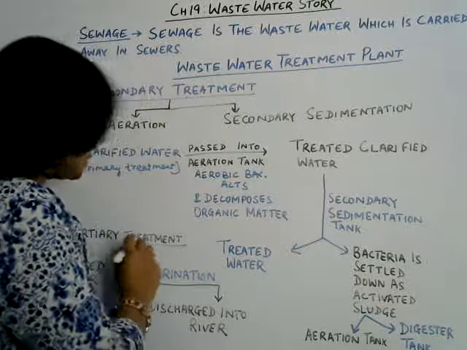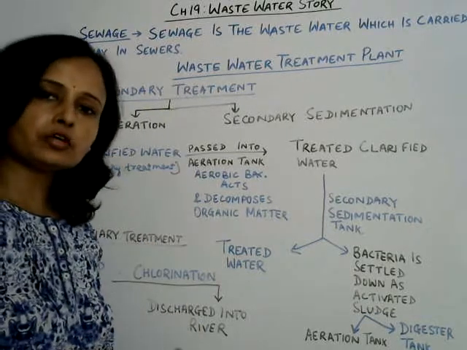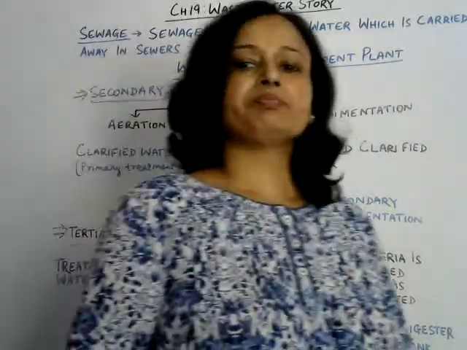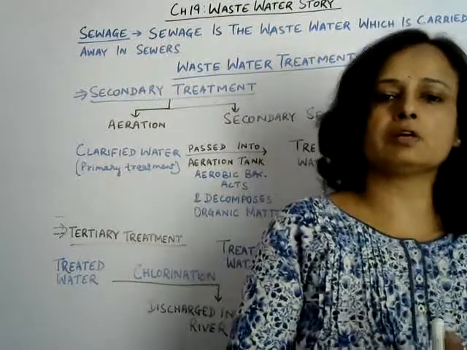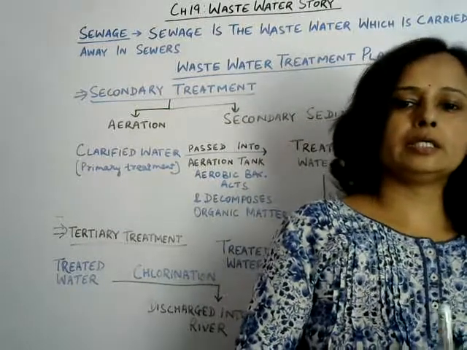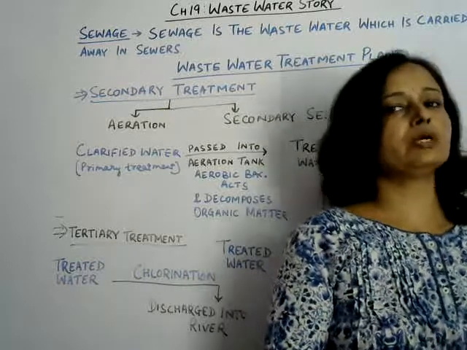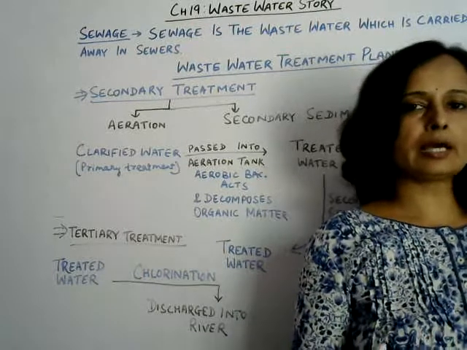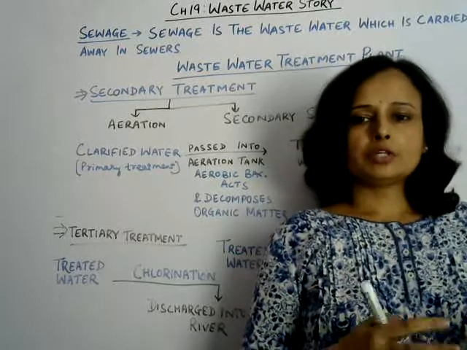Okay, in tertiary treatment there is one step, called chlorination. That means adding chlorine for purification of water, or supplying ozone for clarification of water. After chlorination, whatever impurities or germs remain are killed by the chlorine and ozone. And finally, the clear water after final treatment is supplied to the water bodies, or just left on land areas for infiltration, and in this way water is treated.